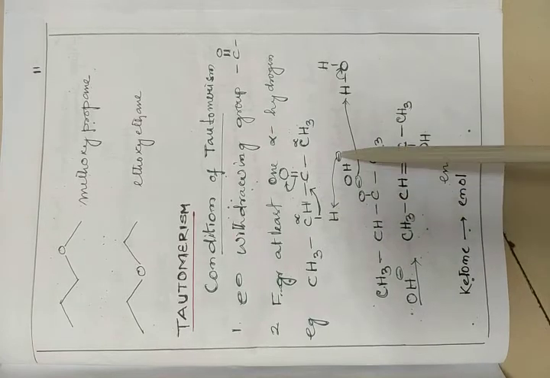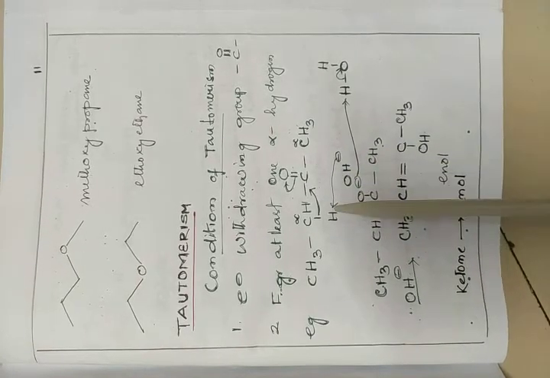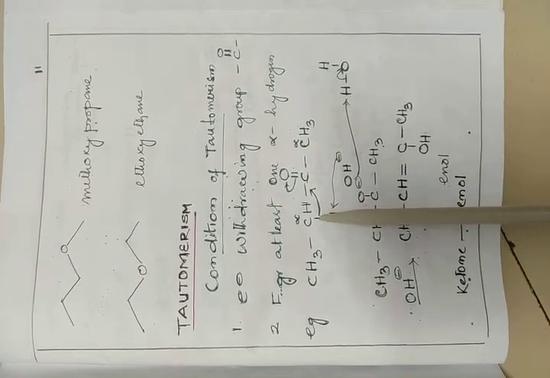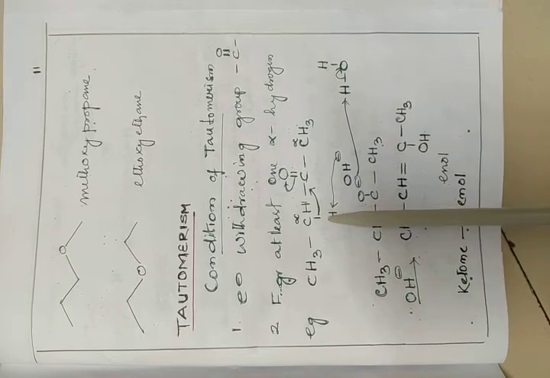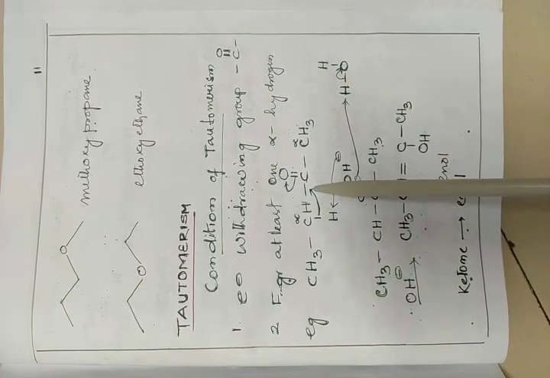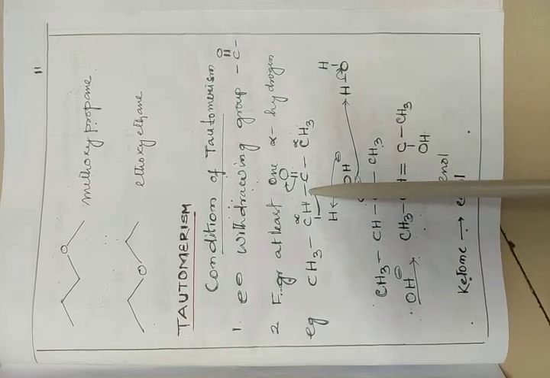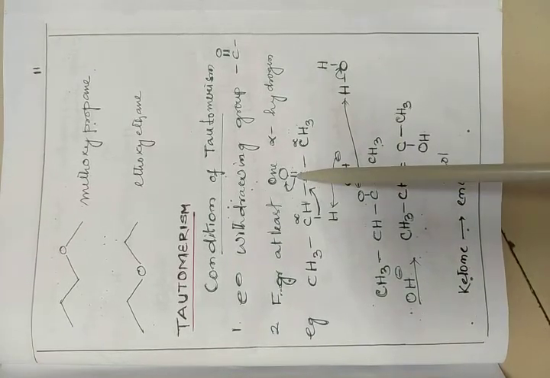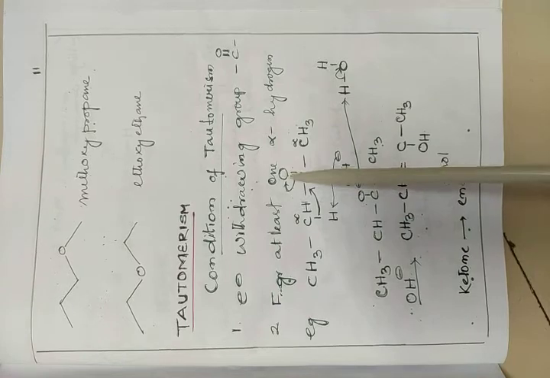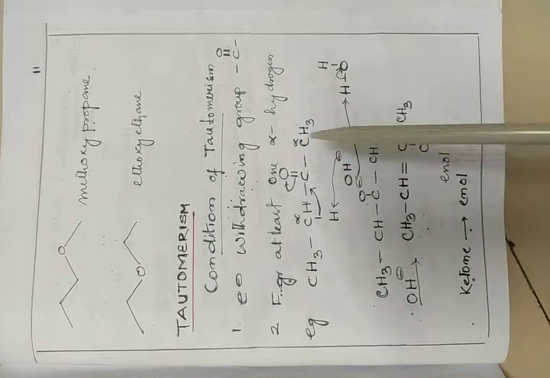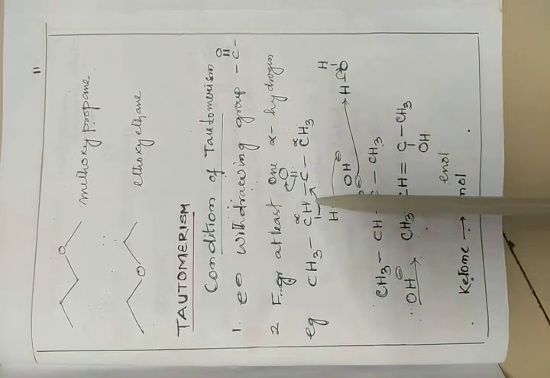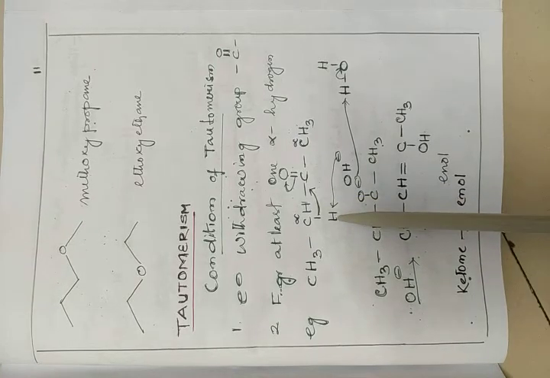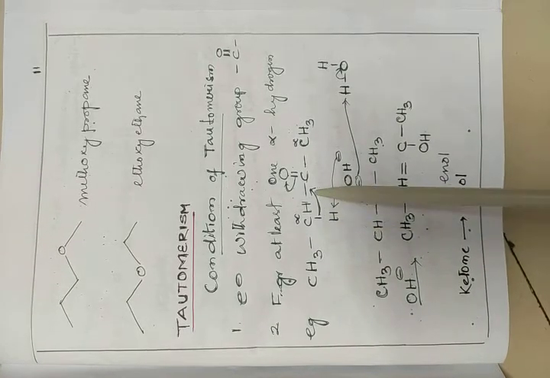Then when it is attached to this hydrogen, we just see attached, and then this double bond. Double bond is there, then one bond in between that we have to break and then give to this position. And this double bond, one bond we have to break from here, one bond we have to break and then give to this oxygen. So after giving to this oxygen, we see CH3, then CH, because only CH is there. Before it one hydrogen is there, so that hydrogen we have to break and then give to here.